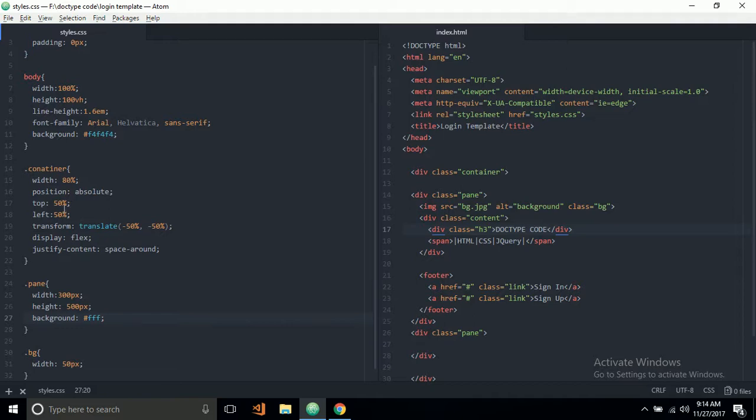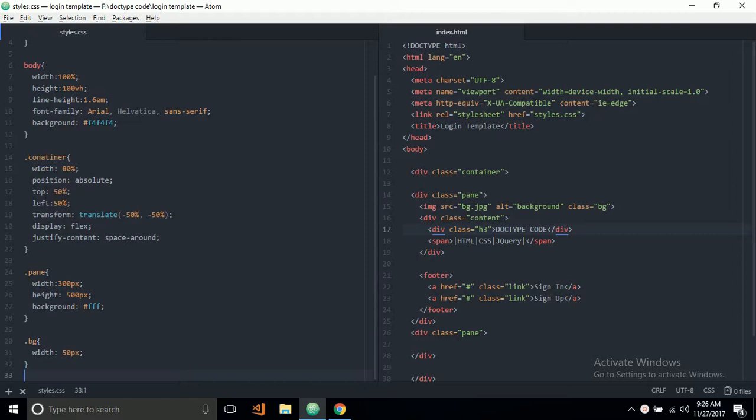So translate, position is absolute, and pane. Let me just see what's wrong here. So let's see, container, and yeah, that is the problem. I misspelled this, so I'm just gonna write container, and after that if I save this and refresh, yeah,